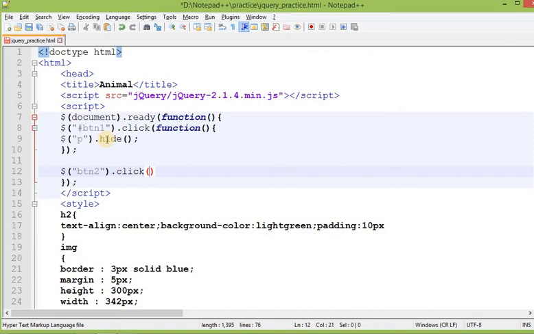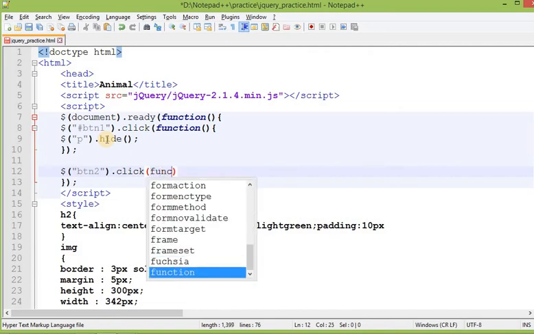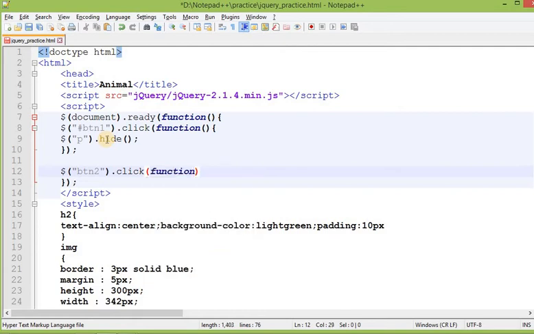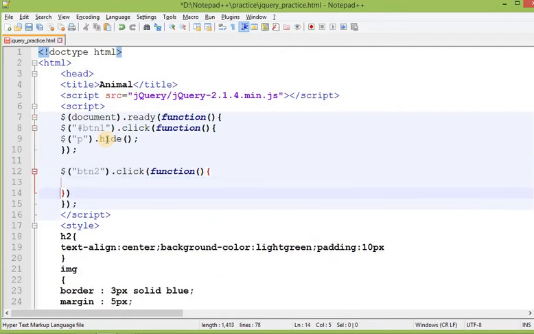Whenever the user clicks on button 2, one function will be called, and inside this function we will specify dollar paragraph dot show. This particular method will be called. Don't forget to put a semicolon over here as well.